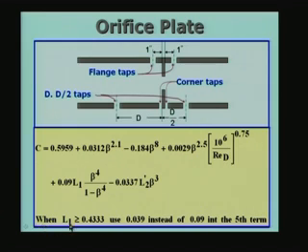For example, L1 is equal to 0.4333. L1 is nothing but the ratio of this distance to the diameter of the pipe. It is a non-dimensional parameter. L1 for example could be 0.433. If it is greater than 0.4333, you have to use in this term, instead of 0.09, you use 0.039, and beta is d by D, and this will give you a value of C.